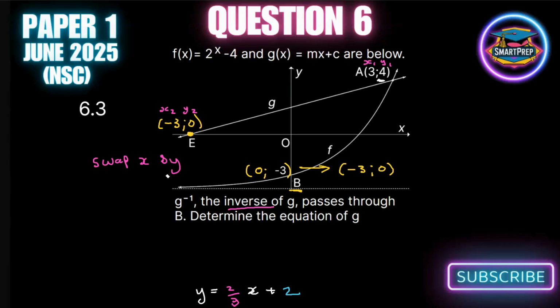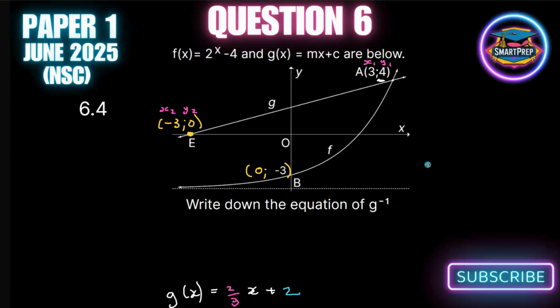So g of x now we know is mx plus c. So I'm going to change that y to just a g of x so we know what we are talking about, because in the next question, I have a feeling that they are going to now ask for the inverse. So we'll leave the points here. Remember for your exam, when you ask for the inverse, simply just swap x and y. So let's go on to